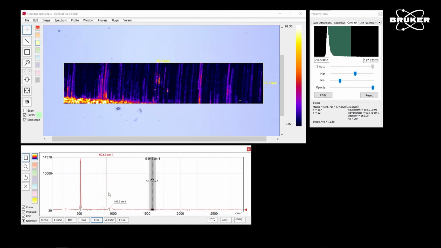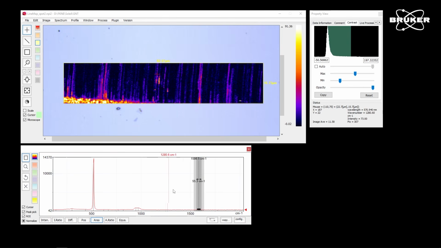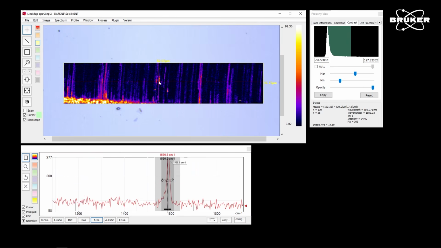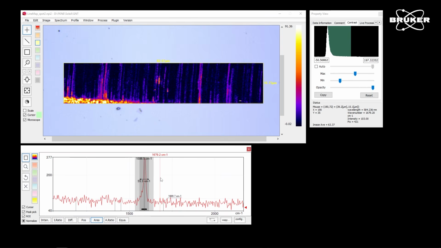What you see in most of the spectra, due to the much better scattering efficiency, in this case of the silicon substrate, is the silicon peak here at 520 wave numbers. If you zoom in where the D peak, the G peak should be, you have a relatively weak one, but you have one. If you use the line tool again and average across one of those tubes, you can easily get a strong signal to noise with a good quality of this peak.